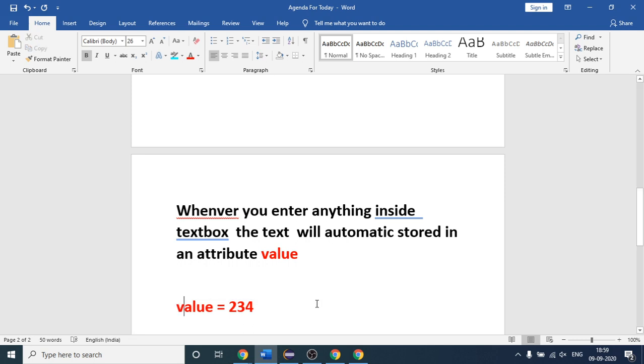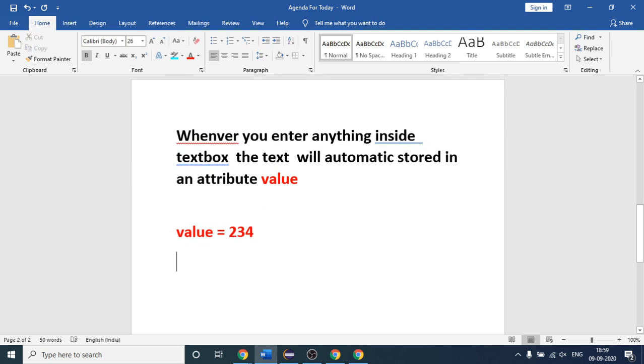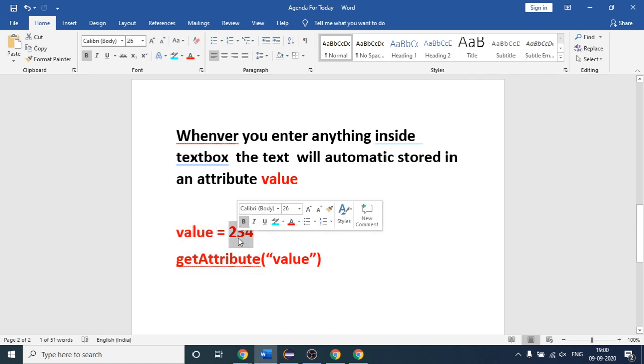So we will simply use the get attribute method. I will write get attribute and, in double quotes, value. After you execute this, the value is already present inside this, so if you get the value of this, it will give you the value present inside this.